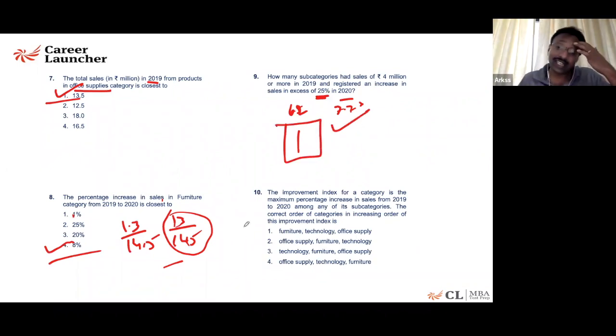And of course, this one is a slightly longer question, but you have to solve it. The improvement index for a category is the maximum percentage increase in the sales from 2019 to 2020 from any of its subcategories. The correct order of categories in the increasing order of this improvement index is,